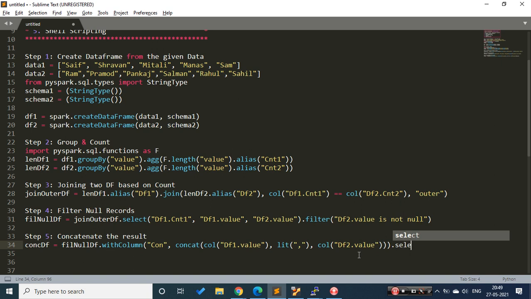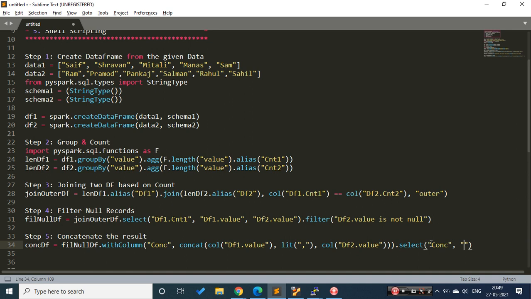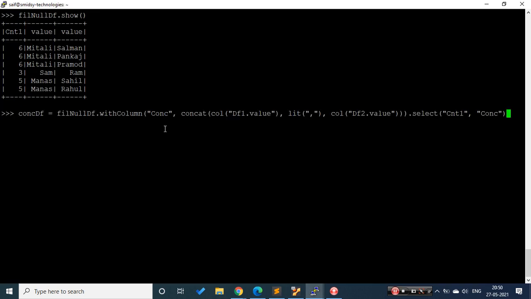So done, and finally what I will try to do is select the required columns, which are nothing but conc. So I need that conc, and finally I need, sorry, I should have taken that second as, so this should have been second. And the first column, what is that column name? Count 1. So let's take that column and separate this. The column name is cnt1. Let's go till the end, copy this piece of code, execute this.